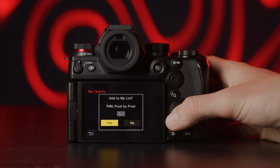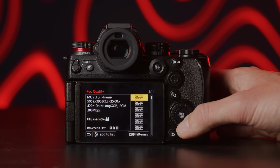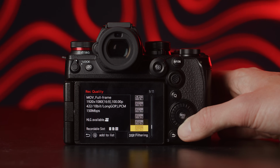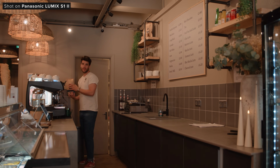Thankfully, you can create your own list of formats once you decide on whatever ones you want to shoot consistently with. That way you don't have to spend ages scrolling through the pages of options. It's also great that we now have the option to shoot ProRes and ProRes RAW internally, straight to CFexpress